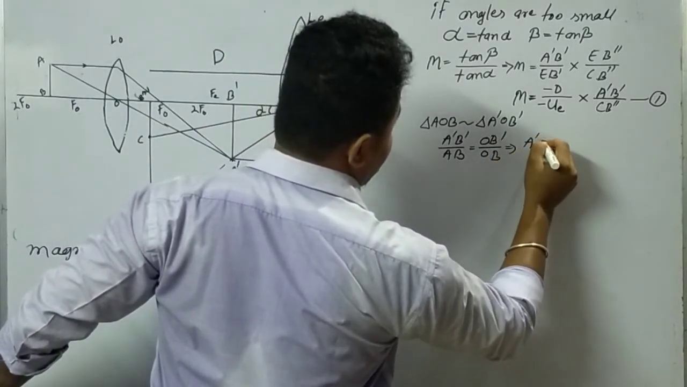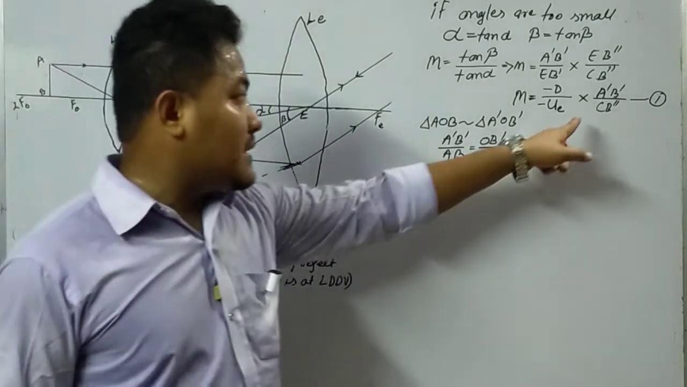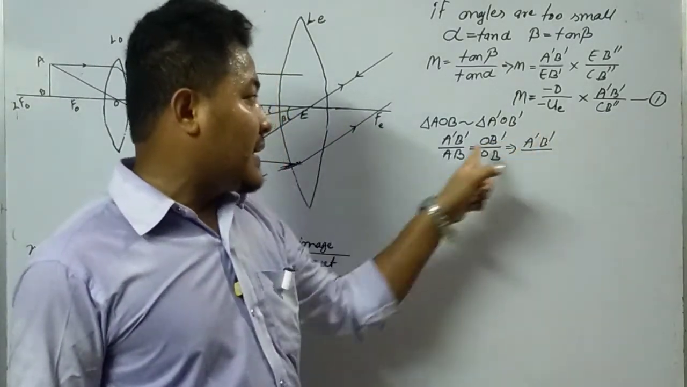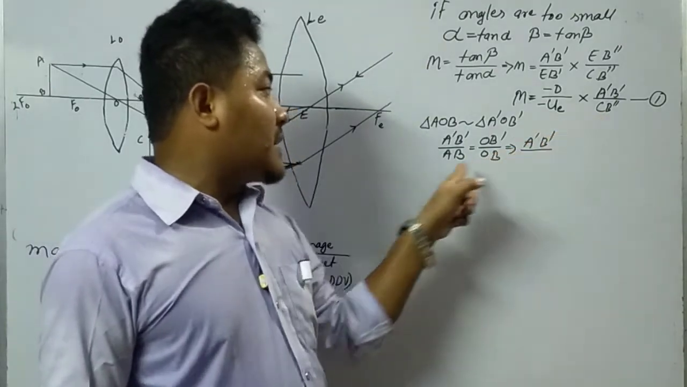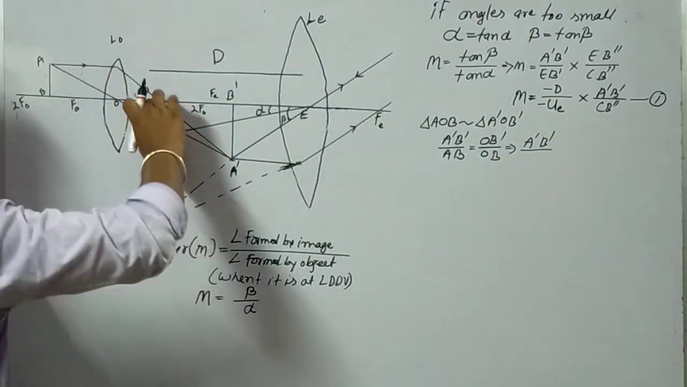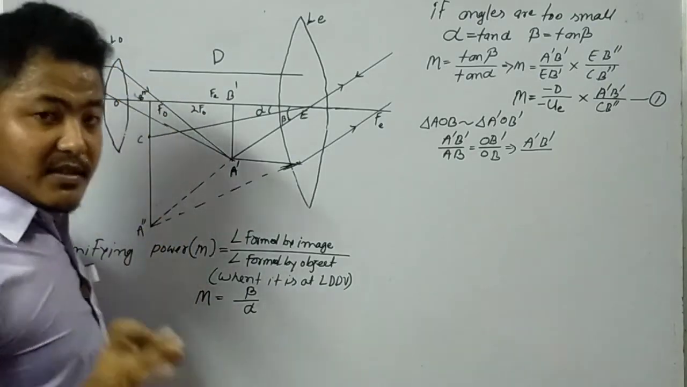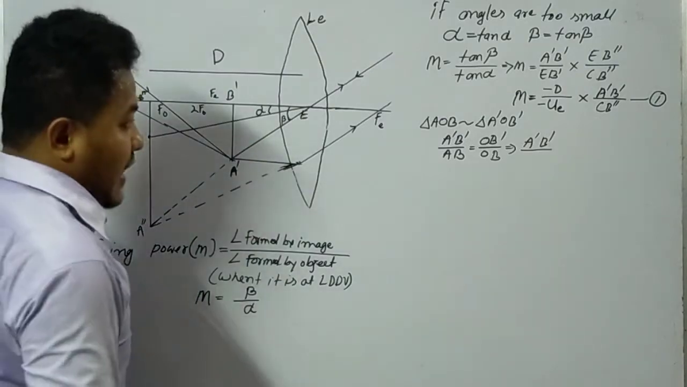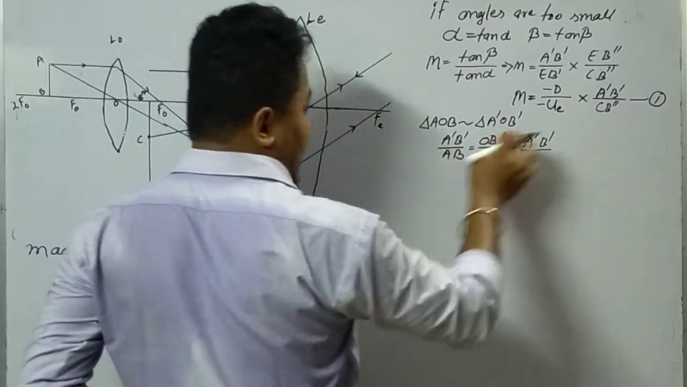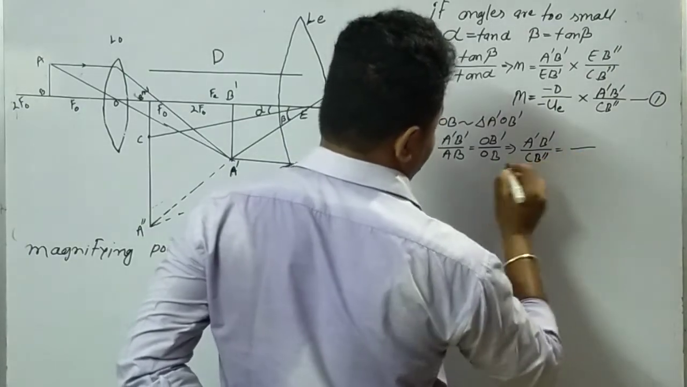This implies A'B' by AB. Now as you can see, this is CB'' and this is AB. CB'' and AB are similar, that means same. Why? Because this is CB'' and this is AB. So AB and CB'' are similar, they are object only. So we can write, instead of AB, I can write CB'' is equal to, what is OB'